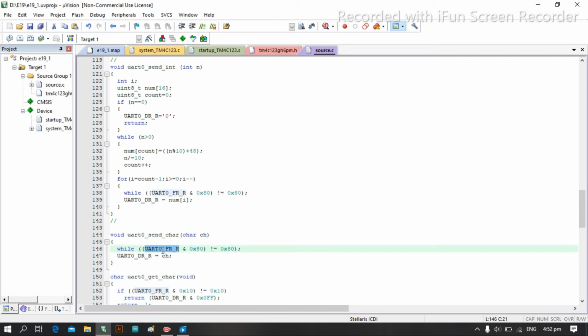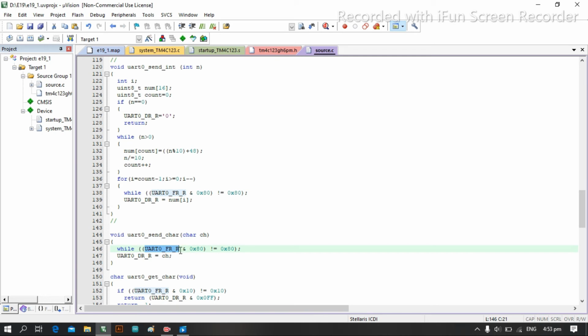Here you can see the flag register of UART 0. In the flag register there are some bits, for example for receiving or transmitting, using FIFO or without using FIFO. When you are using FIFO you can store some bits. For example, when your data is being sent, your incoming data can be stored so that it doesn't get overwritten or garbled. That's why sometimes you enable FIFO or disable FIFO. Here FIFO empty, TX, we are sending data, so we are using the transmitting bit 7.